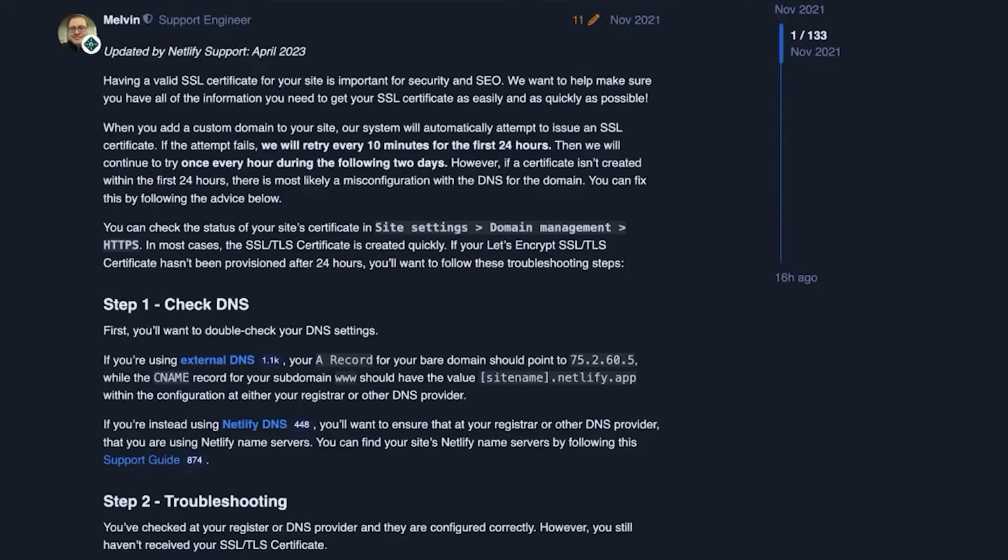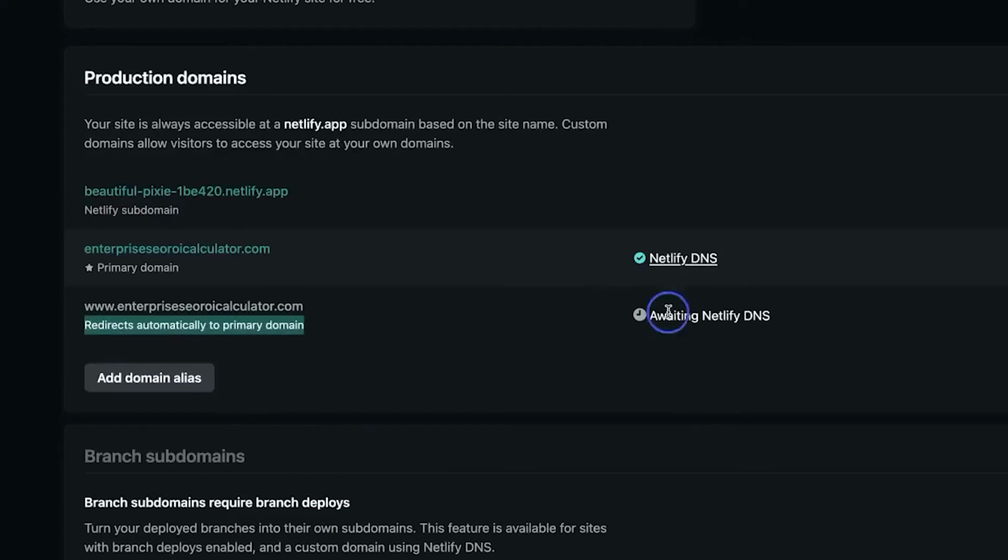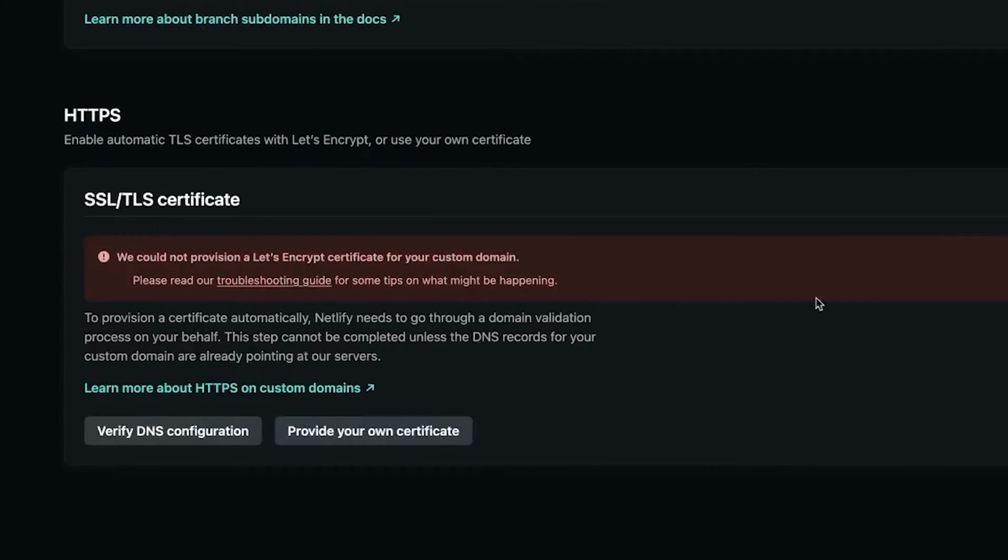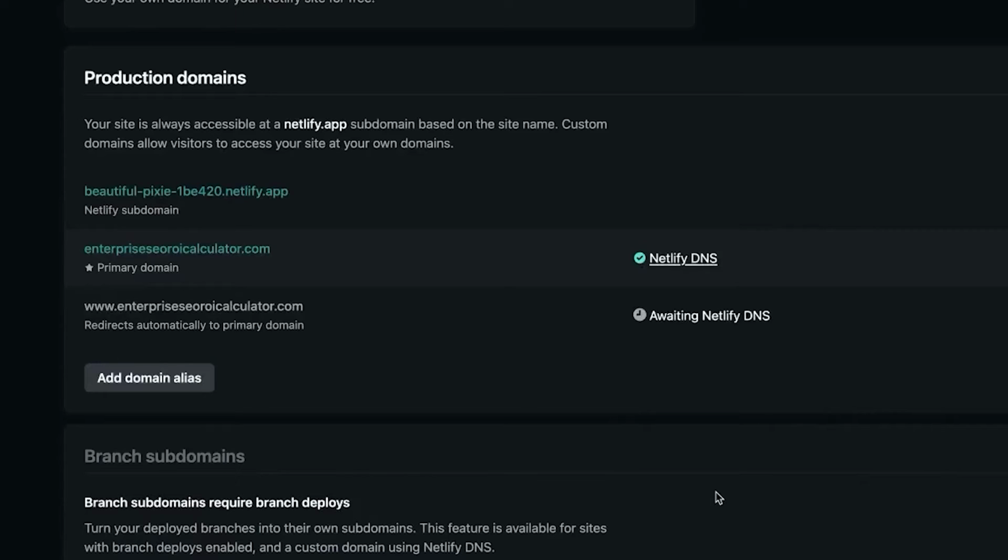Now, just to be 100% transparent with you, it seems like it can't provision an SSL certificate. Yeah, it might be because the website is still deploying, so it's still awaiting DNS confirmation right there. But I'll come back to that, and if I figure it out, I'll also share with you on YouTube exactly